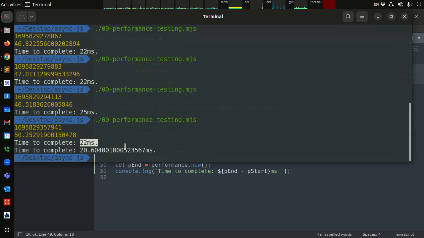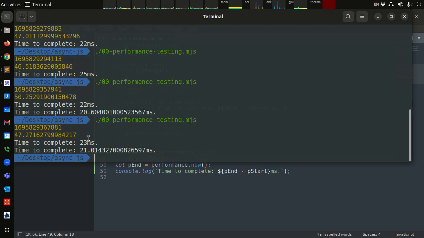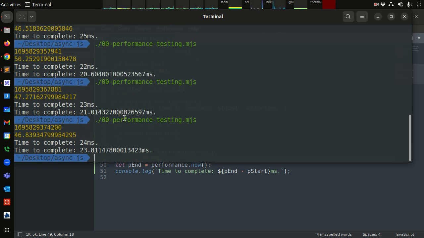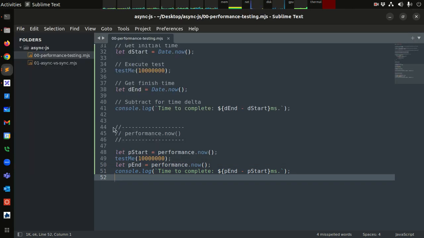Okay, and so the first one, 22 milliseconds, and you see this much higher resolution. We get a lot of detail about how long this took. Now the first one is kind of odd. It has something to do with initially starting up the process. This first one is always more, and this is significantly more. It could be other things going on in the background, or residuals from just firing up Node altogether. So I'm not exactly sure why the discrepancy is here, but it's important to know that that sort of thing